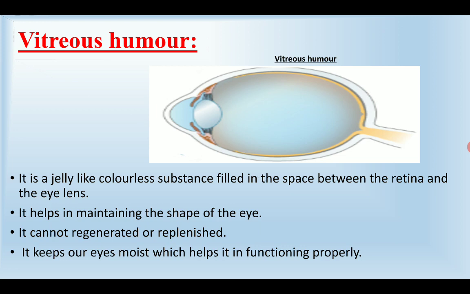So that it is clear and transparent like glass, and helps the light enter and the image to be formed at the retina when it is focused by our convex lens. Now just behind this vitreous humor we have the retina. Now you are aware of what the retina is. You know that whatever we see through our eyes, the image of that particular object is formed at the retina.